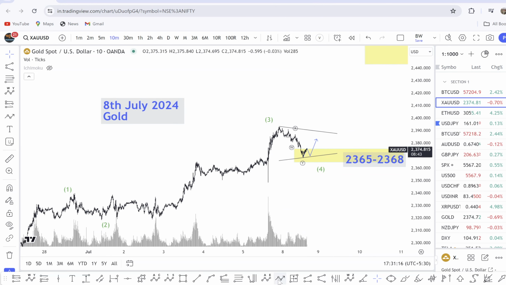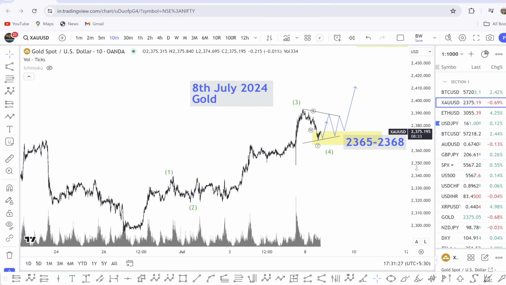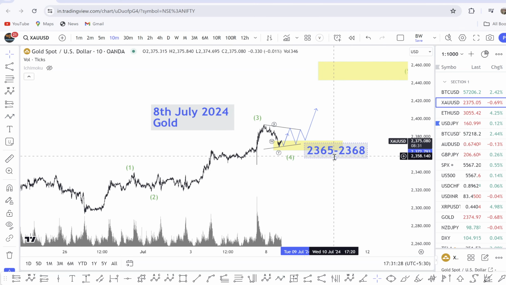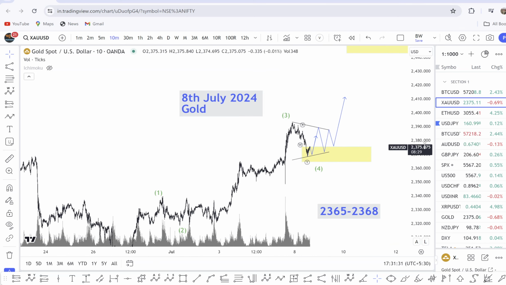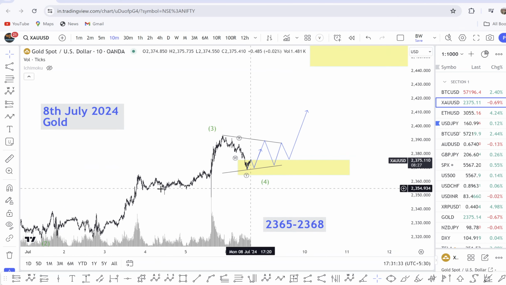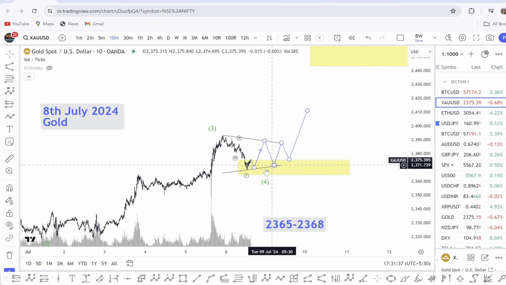So be like this. C, D, E, then go upside. Or trade like this. If price comes near to